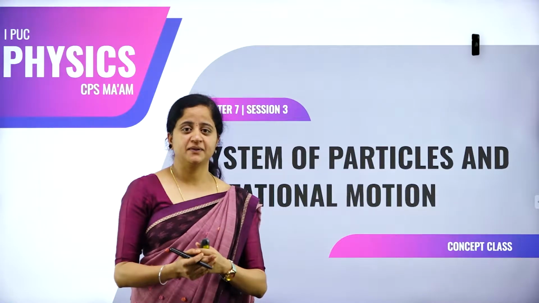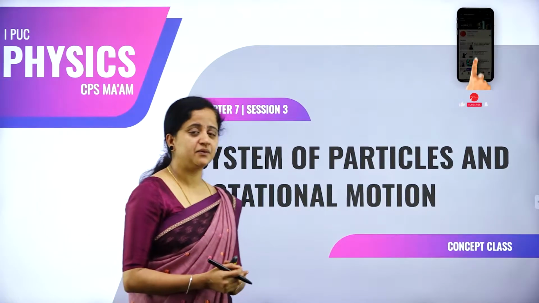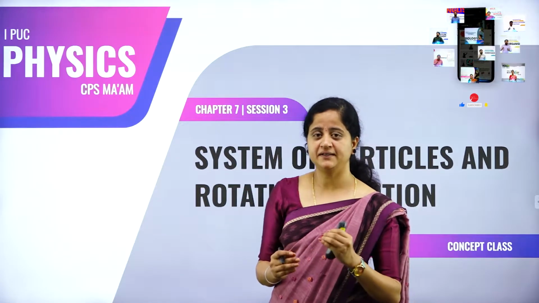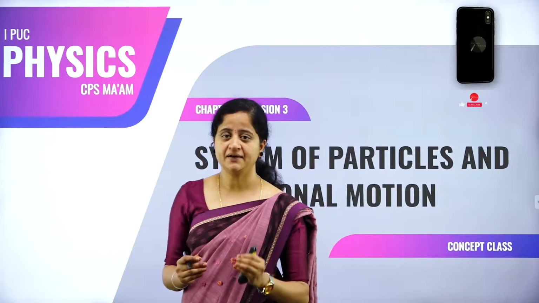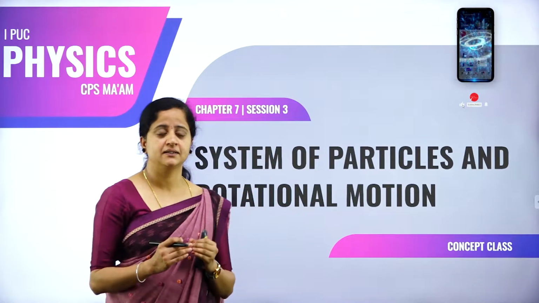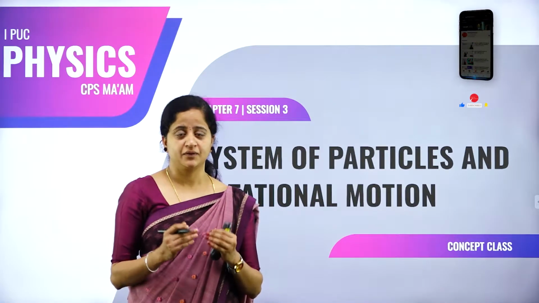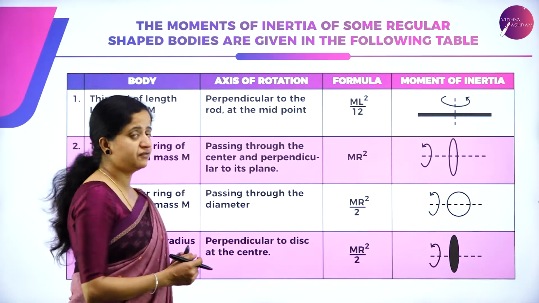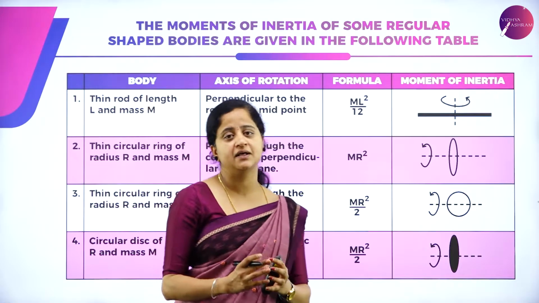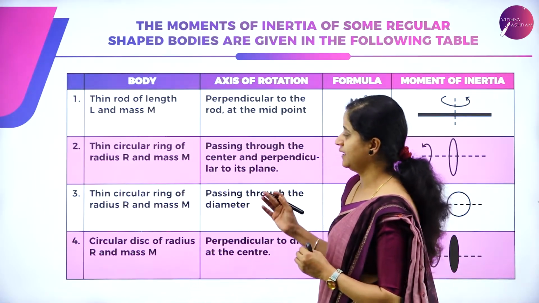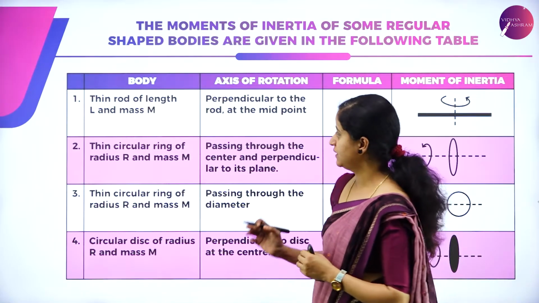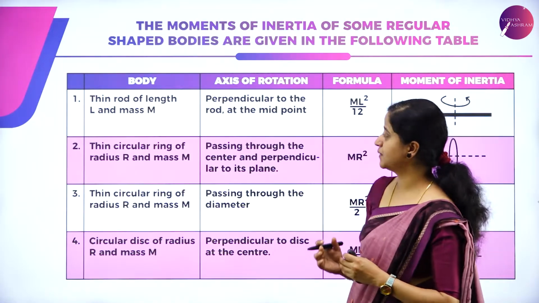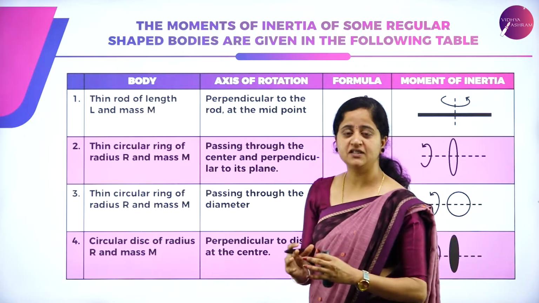So, dear children, in the previous session we had a discussion about the moments of inertia, and we derived some important relations between the terms related to rotational motion. In today's session, let us begin with the study of the moment of inertia of some regular shaped bodies by analyzing the table. Here we have a few important definite regular shaped bodies and their moments of inertia are